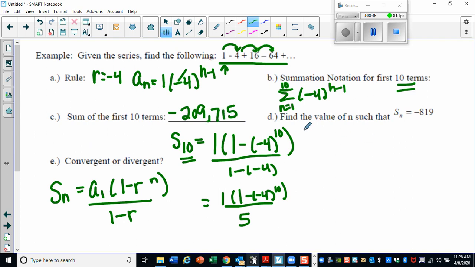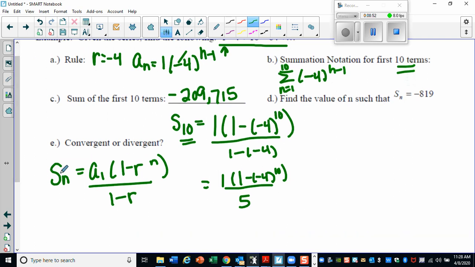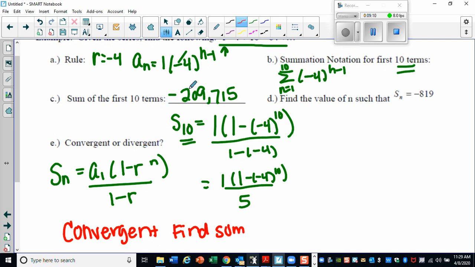Okay, now letter D is going to be a little bit trickier. Actually, let's answer E before we answer letter D. So in this case, is this convergent or divergent? In this case, our answer is actually convergent. Okay, why is it convergent? It is convergent because I can actually find the sum. I found the sum of the series. That sum was